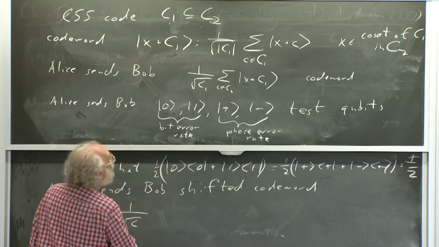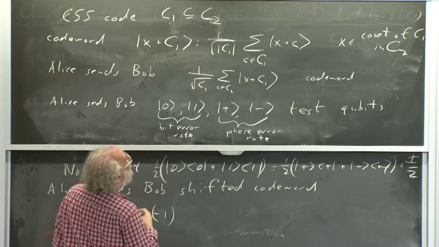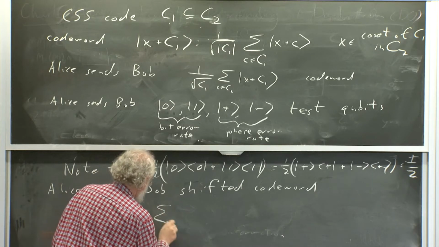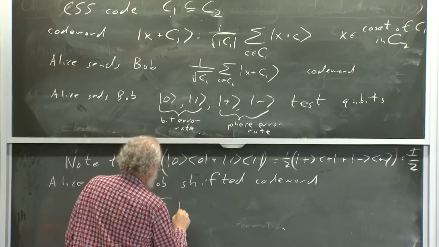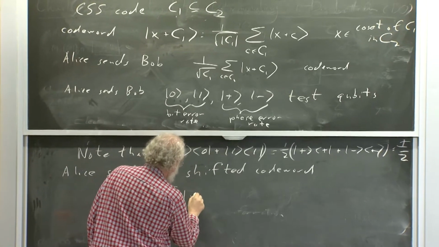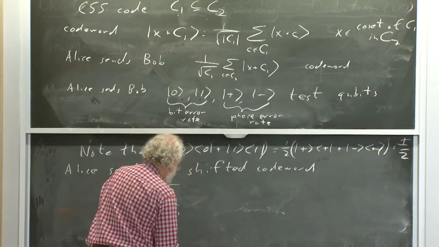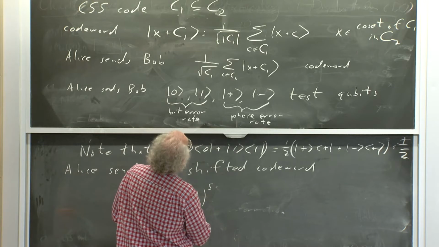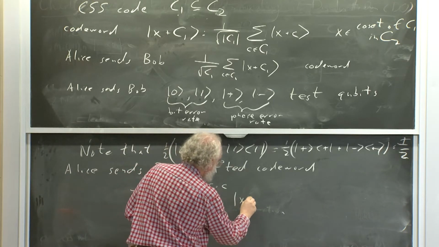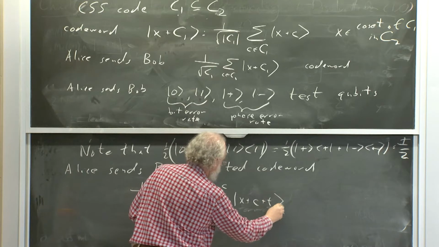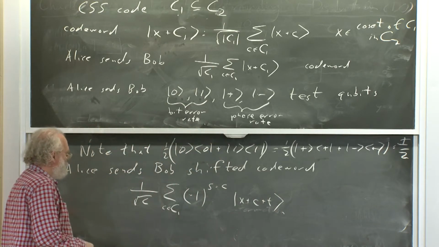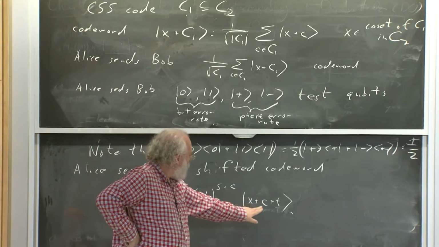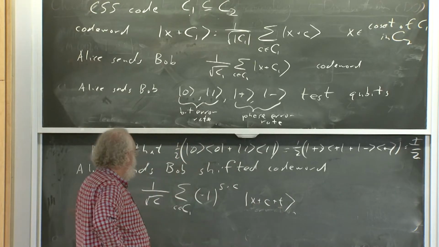I'm going to root C, minus 1 to the s dot c x plus c plus t. So why is this a shifted code word? Well, first, we're shifting by t here. And second,